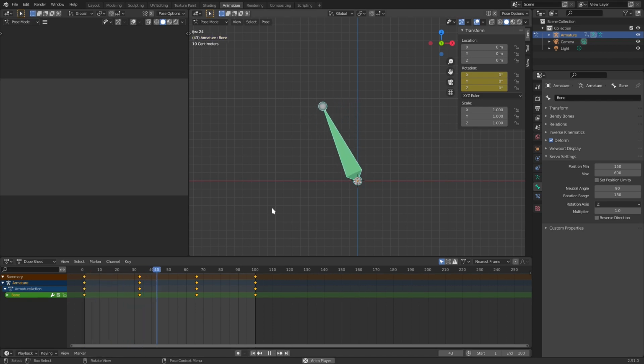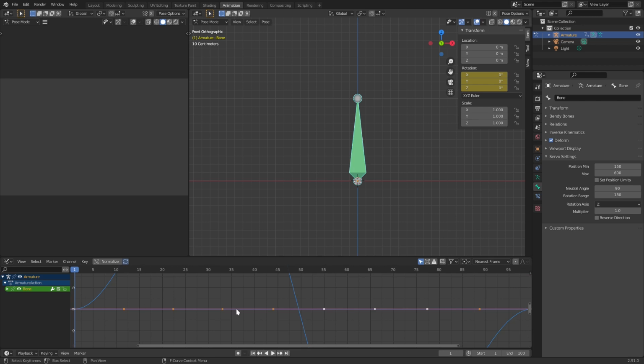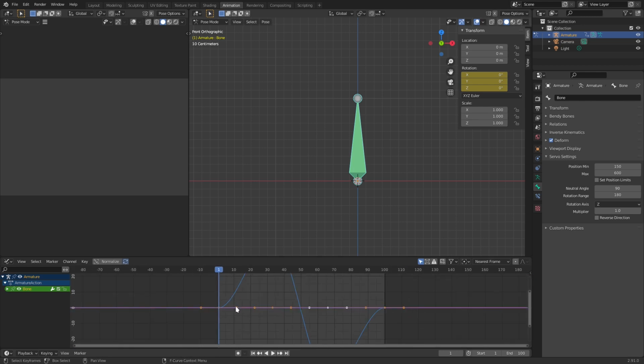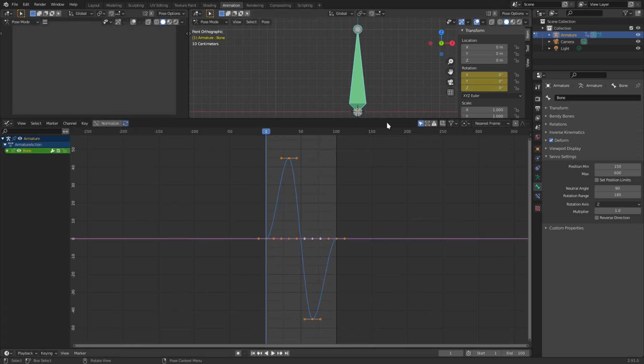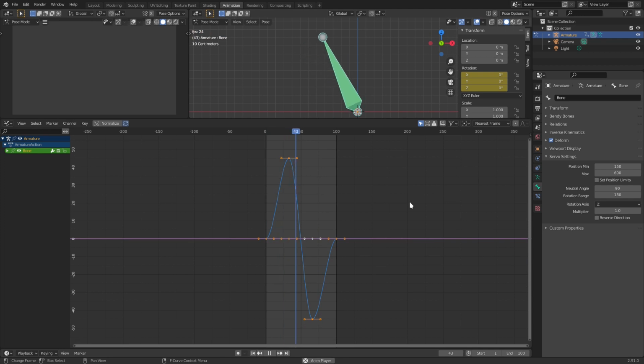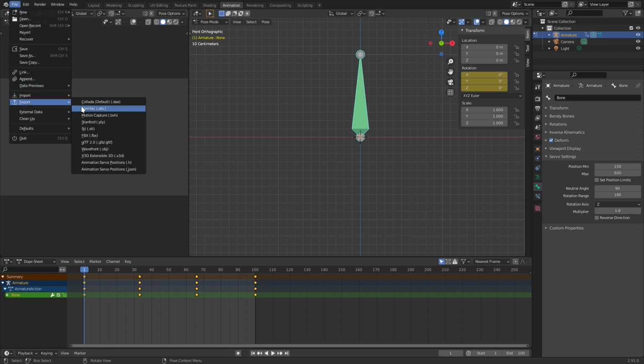I only added 4 keyframes rotating the bone to the left and right before setting it back to its neutral position. It is however mentionable that we are already benefiting from Blender's animation toolset. Switching to the graph editor shows that automatic easing has been applied. This will of course also help to get a smooth servo movement, which is exactly what we want when creating animatronics. We are now ready to export the animation and are presented with 2 formats to choose from when navigating